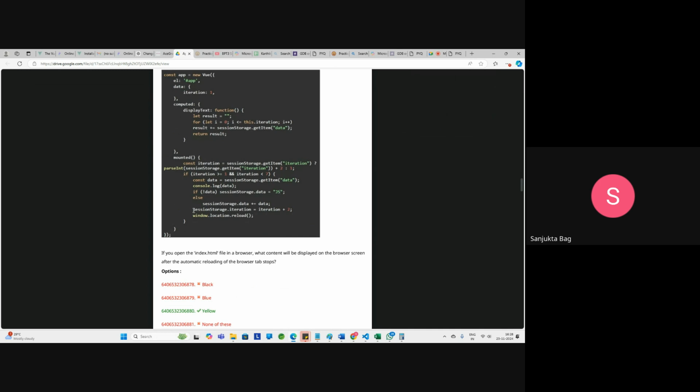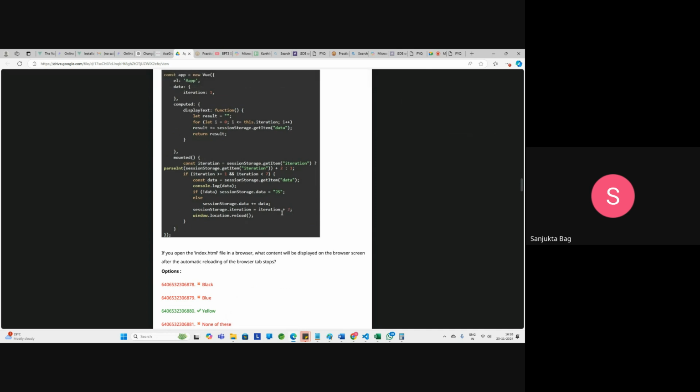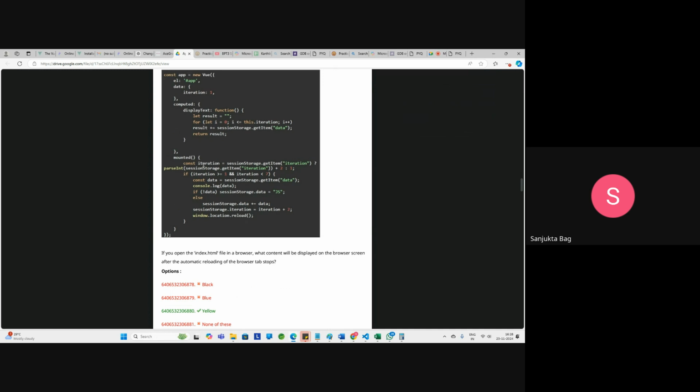Now here, session storage. So iteration is stored as a key in session storage, as iteration plus 2. We saw that iteration was 1 because it didn't exist, so it was taken as 1. Now it's stored as iteration plus 2, so the iteration value will be 3. Then window.location.reload, we reload again, and here again in the second